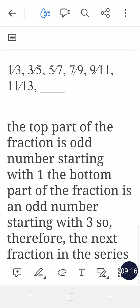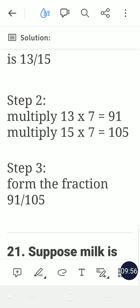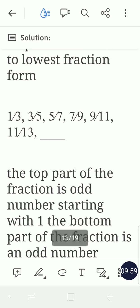So we will now go to step 2, which is to multiply 7 to both the numerator and the denominator of the fraction. Multiply 7 times 13, we get 91. We multiply 7 times 15, we get 105, sorry. So then we form the fraction by putting 91 in the numerator, or the top part, and 105 in the denominator, and so we get 91 over 105,